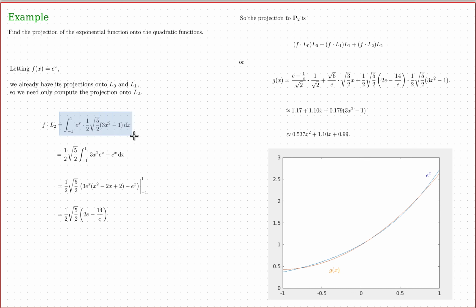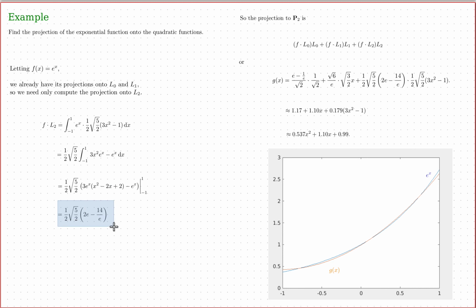That's going to be the integral from -1 to 1 of the exponential function times L2, as we worked it out on the previous page. So L2 was this. Now this one's getting a little bit messy, but we can pull out the constants, and then we've got two terms in the integrand. e to the x is easy, but 3x squared e to the x, we have to integrate by parts twice to do that. I think I did that correctly. Correct me if I'm wrong. Double check my calculation, but I believe this is the antiderivative, and when you evaluate it between -1 and 1,